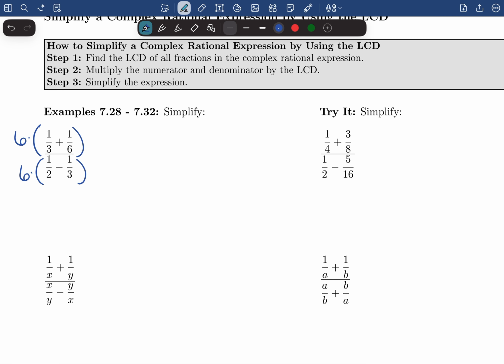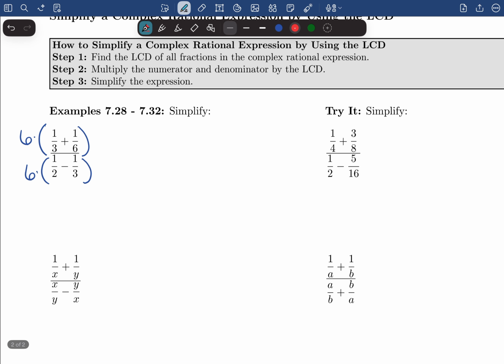And why is this so good? Well, because it helps me get rid of fractions. Multiplying fractions by an LCD clears the fractions. And so multiplying 6 into this first fraction and second fraction on top, what do I get? Well, I get